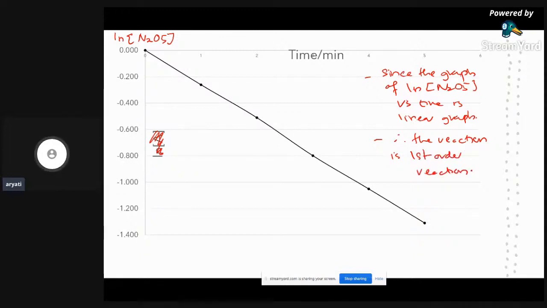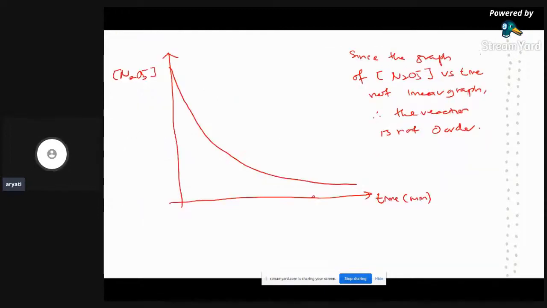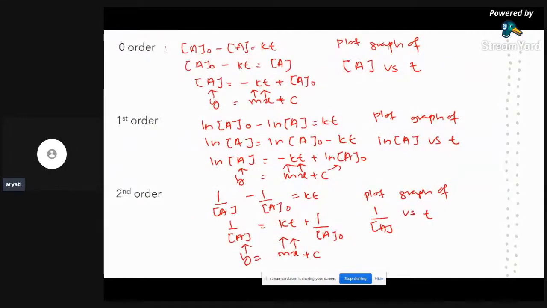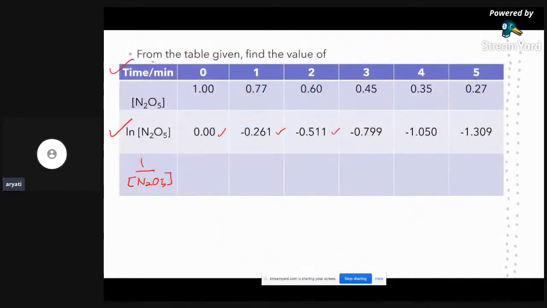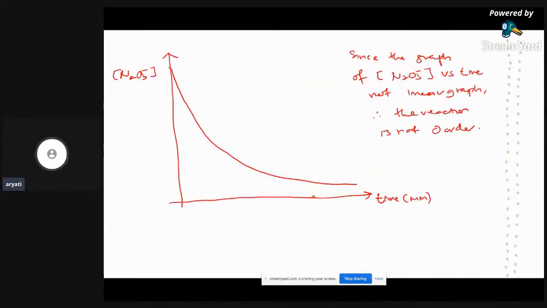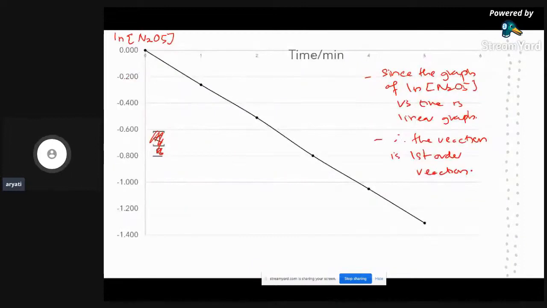Okay, so let's katakan kamu lukis graph ln N2O5 versus time pun kamu tak dapat linear graph, kamu kena cuba graph yang ketiga, iaitu graph 1 over A versus time. So maksudnya kat sini kamu kena cari data 1 over concentration of N2O5, kemudian plotkan graph 1 over N2O5 versus time. Kalau kamu dapat linear graph, so itu ialah second order. Okay, so